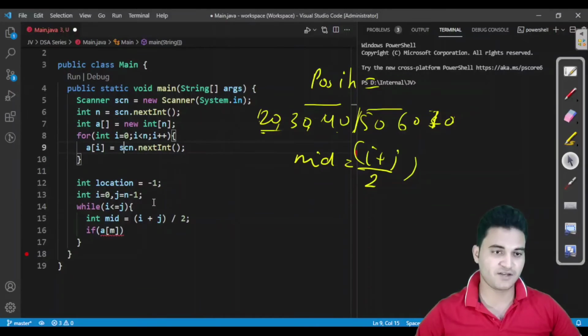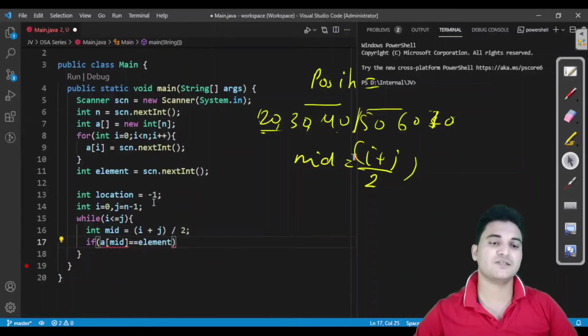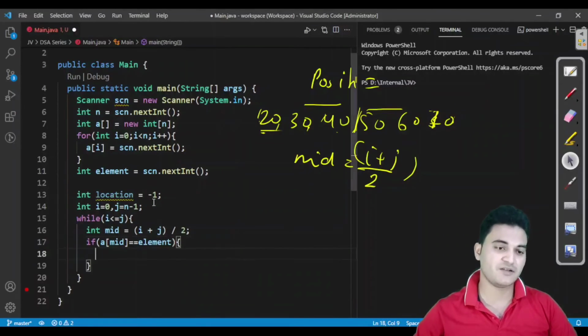And I will have to take one input from the user for the element for which we are searching. Let us call it X, or call it element. Fine. So if A of mid is equal to the element for which we are searching, that means one condition is this, else if